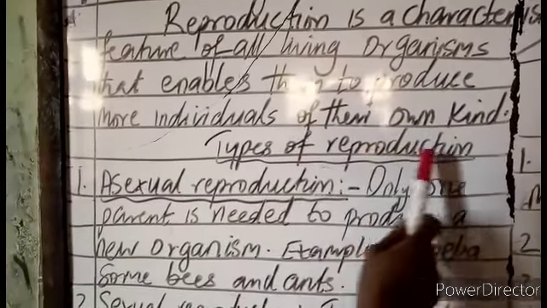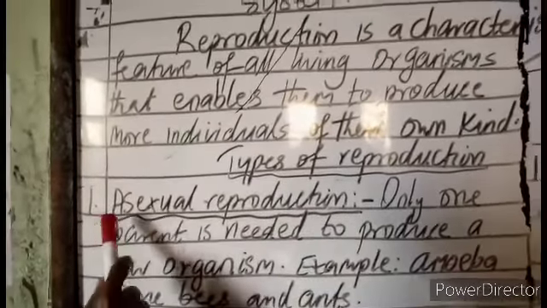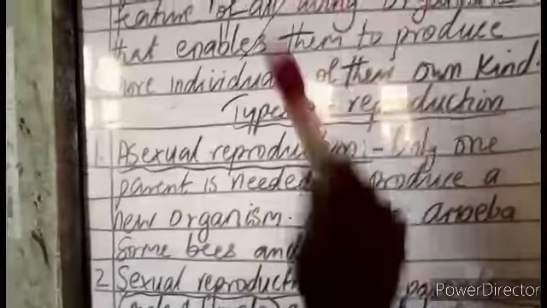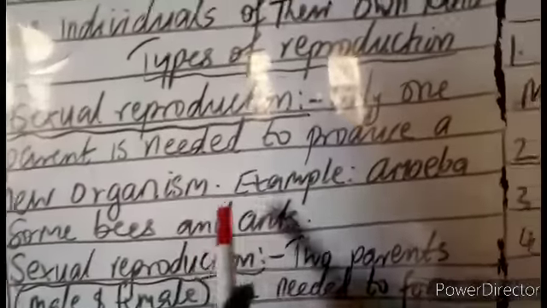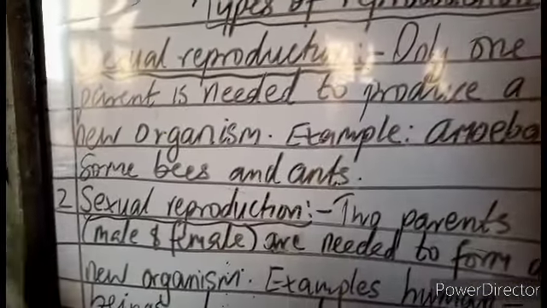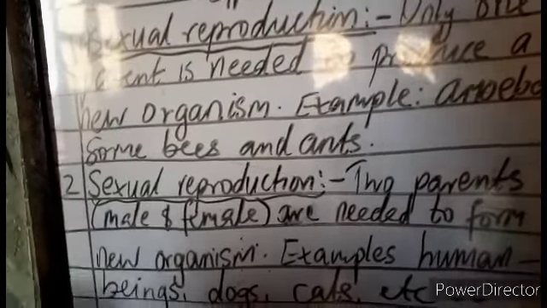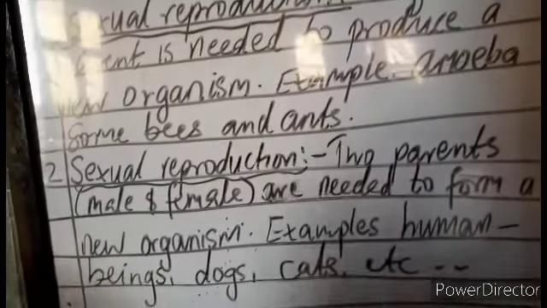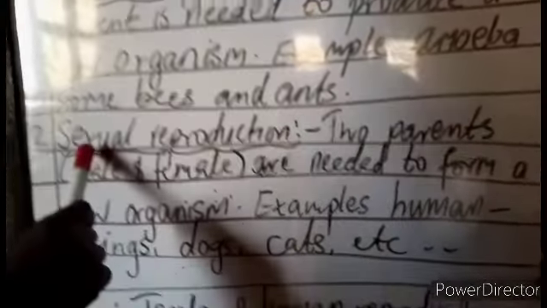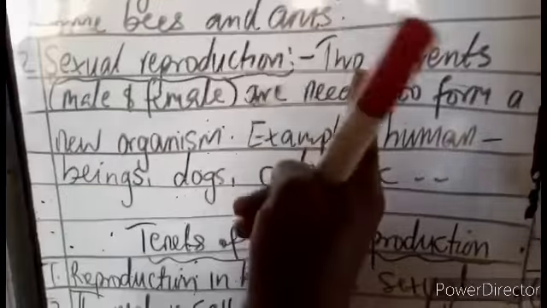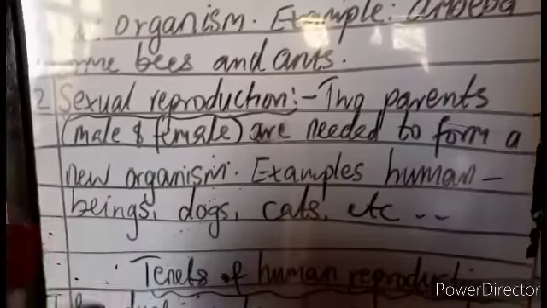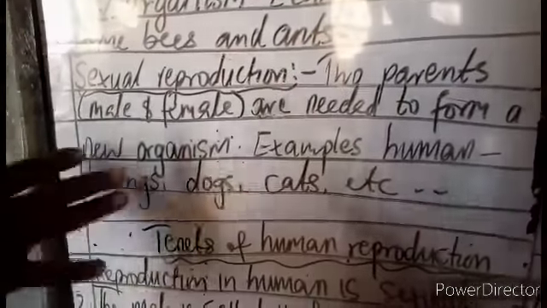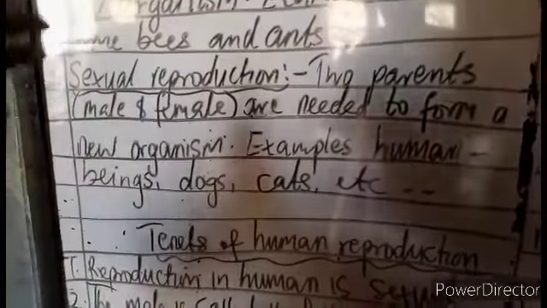Now I mentioned types of reproduction. I mentioned two. Asexual reproduction. Know this, that this one has to do with only one parent. The examples are plants around you sprouting up without meeting each other. Then I told you bees also do that. Amoeba has no shape. Then number two, I told you sexual reproduction has to do with two parents. A mother and a father must meet together in order to do what? To produce you as a human being. The same thing, a cat and a cat must meet together, the male and the female, and dogs the same.